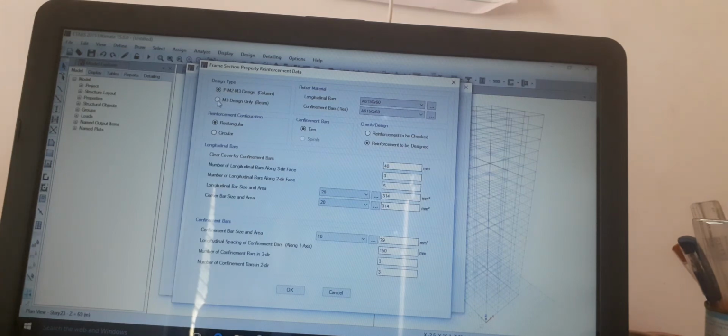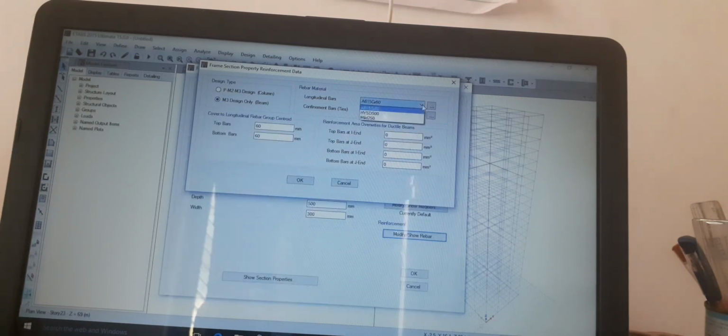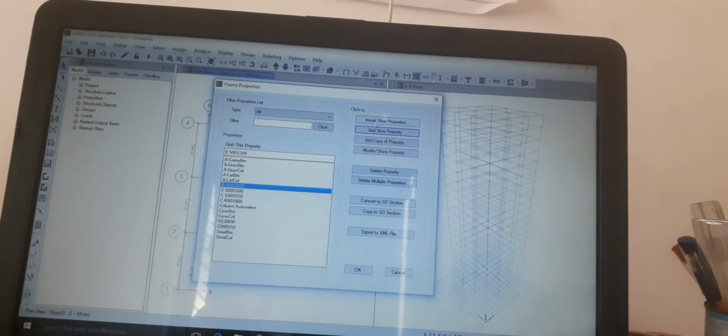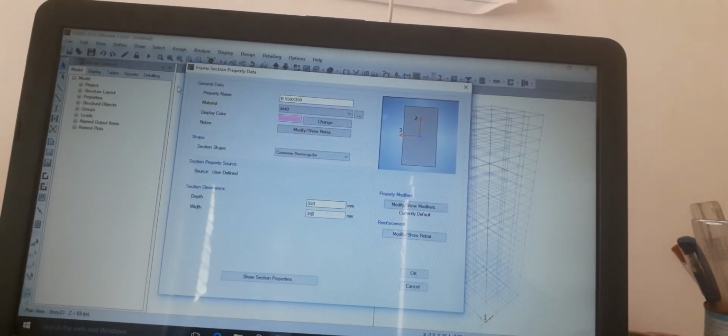Design type is M3, design only, longitudinal mild 250, and we have to change the top bar and bottom bar to 25 mm. OK. OK. Then click on Add Copy of the property. Give the property name B550 by 350, material is M40, depth is 550 and width is 350. Click on OK.